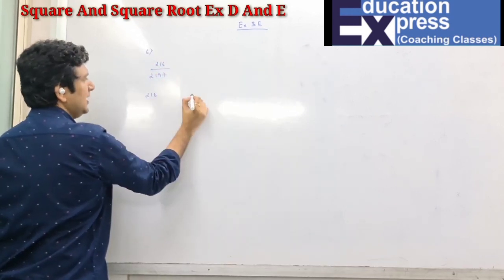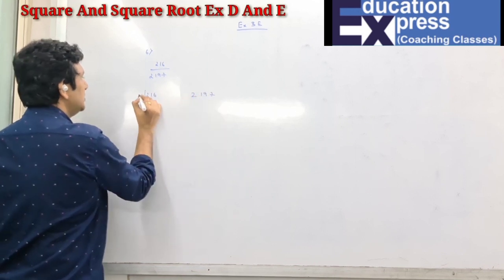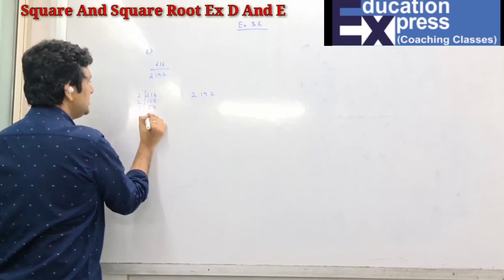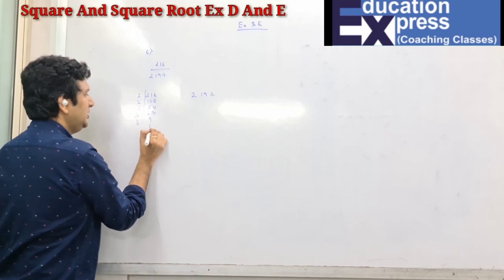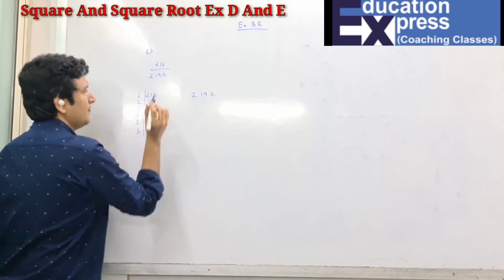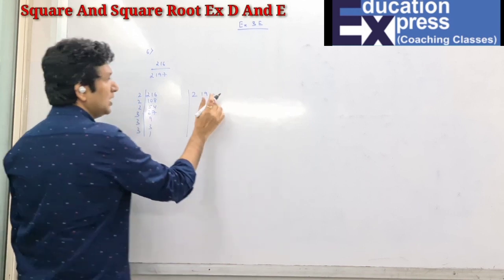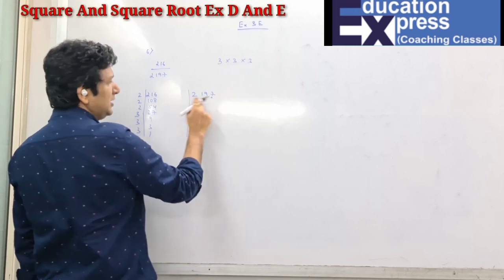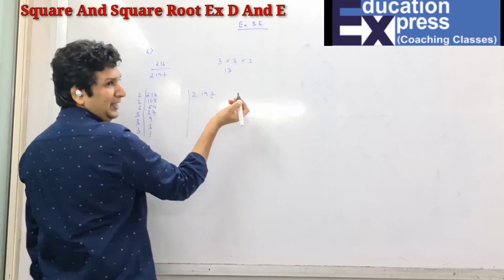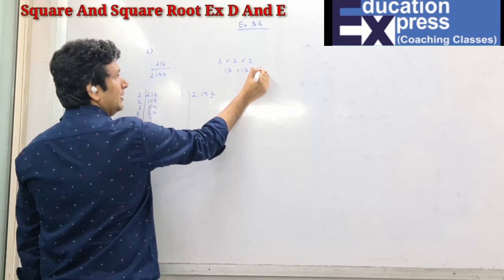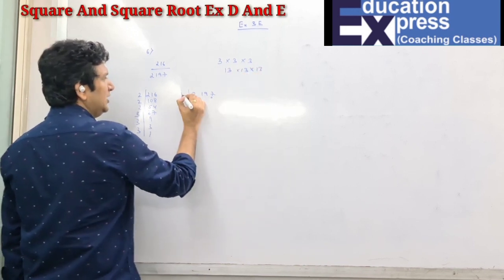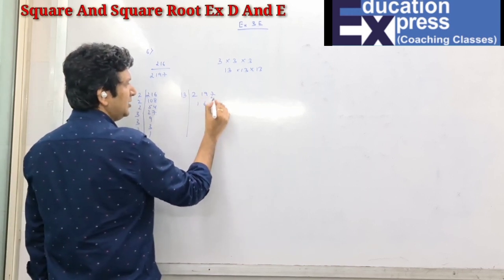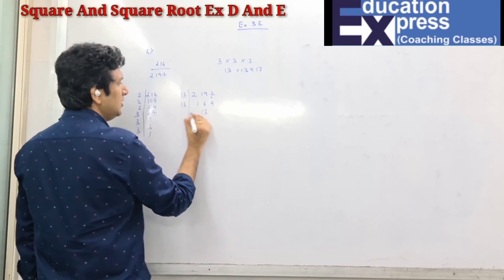So 216 and 2197, I will find the cube root. So 216: 2 108, 2 54, 2 27, 3 9, 3 3 and 3 1. And here, yeah, the last number is 7. So it is possible 3 cube, but 3 doesn't go into 197. So I'll try now with 13, because 13 into 13 into 13, 3 3s are 9, 9 3s are 27. I can try with the 13 table. 13 1s are 13, 13 6s are 78, 13 9s are 117, 13 13s are 169 and 13 1s are 13.